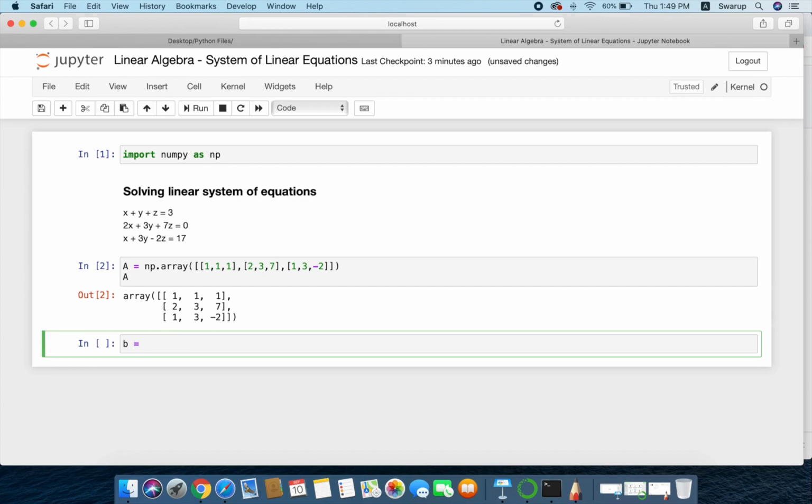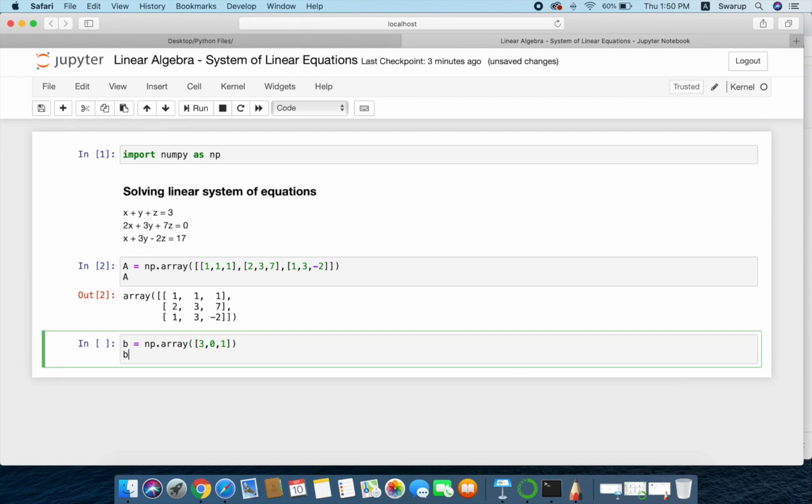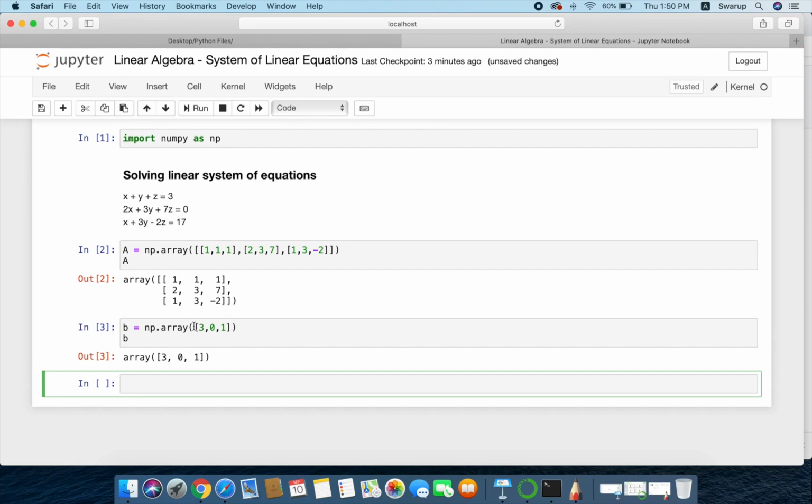Okay, we'll get the solution vector, that is B. So we know the formula Ax equals B. So the solution vector is nothing but B here. So I will take this B as np dot array and I will take it as 3 0 17. Okay, 3 0 17 are the values within this B. So we have also got B now. So we got A and we got B, and we have to find the unknowns, that is x, y and z. So now to solve this equation, we can solve it.